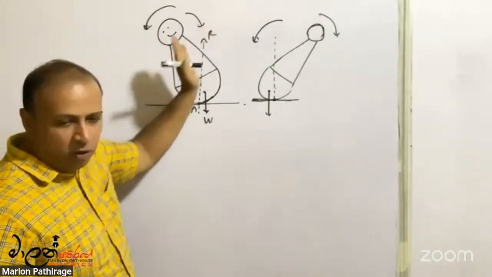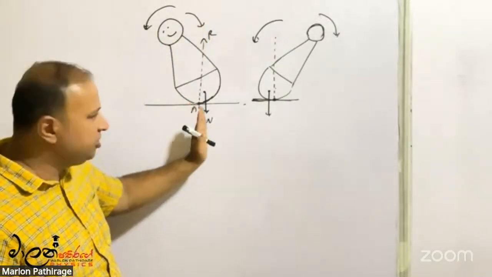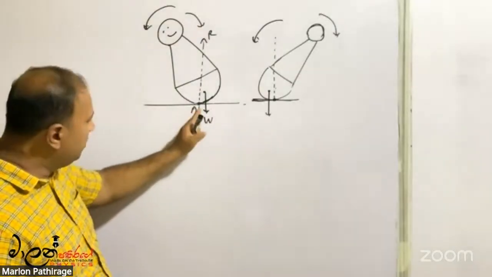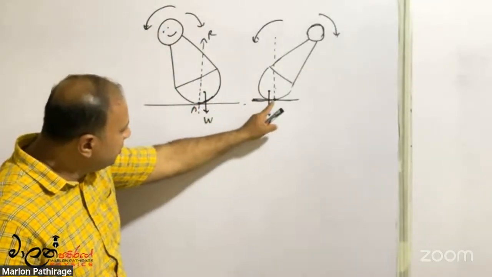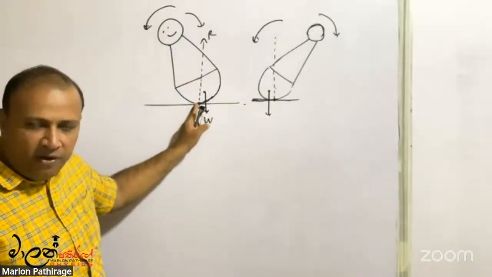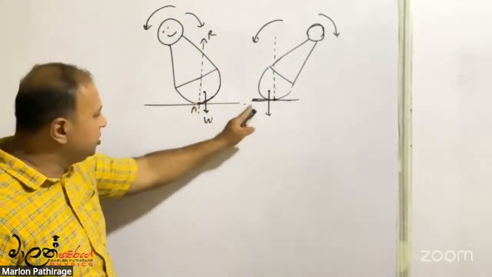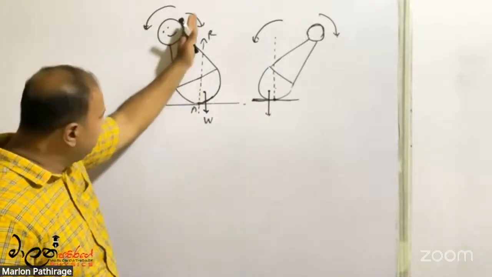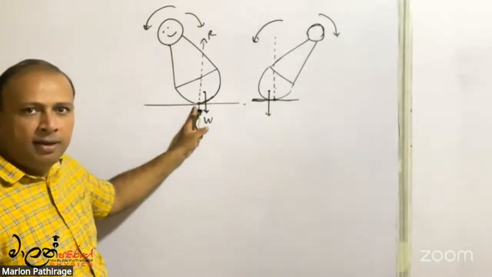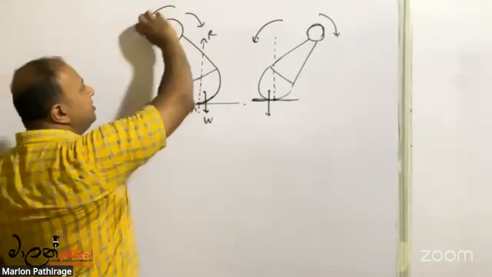To come back to the original position definitely. So this object will rotate about this position A. So this is the vertical line across this position. Therefore, if you release this